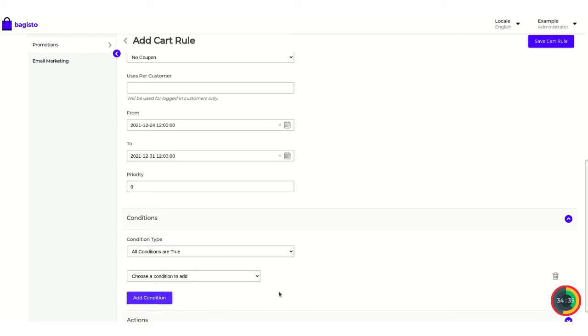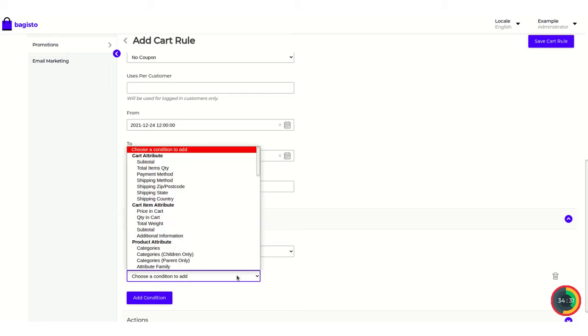Whenever the admin clicks on add condition, a block will appear from where the admin can select the condition according to the requirement. There are several conditions like cart attribute, and under the cart attribute there are subtotal, total items quantity, payment method, shipping zip, shipping rate, shipping state, and under the cart item attribute there are price in cart, quantity in cart, total weight, subtotal, additional information.